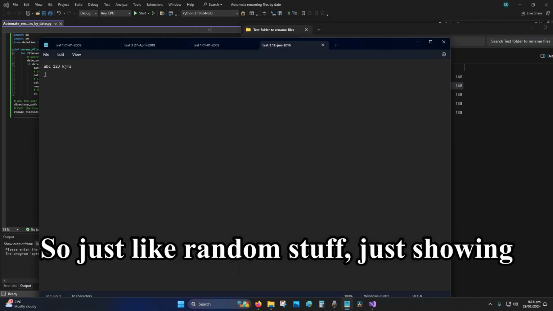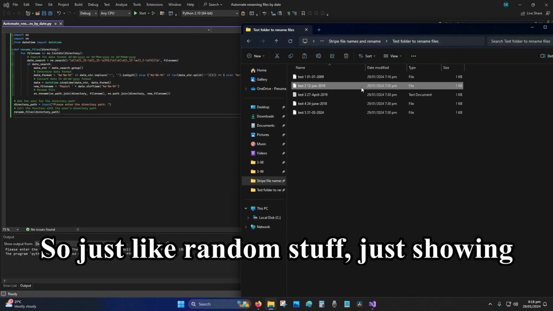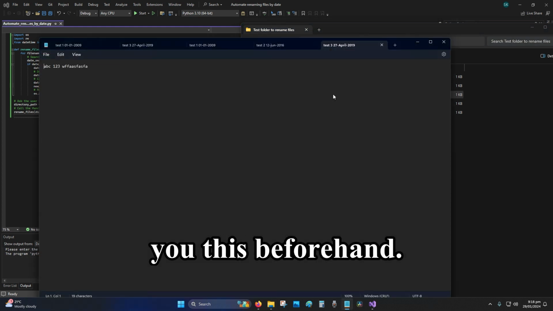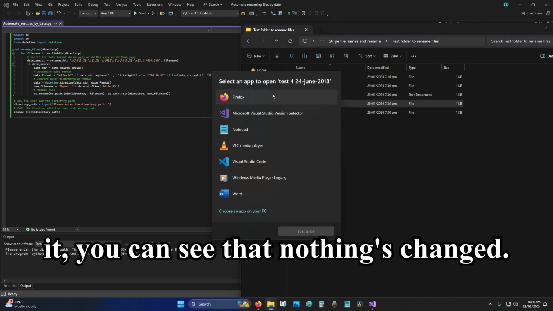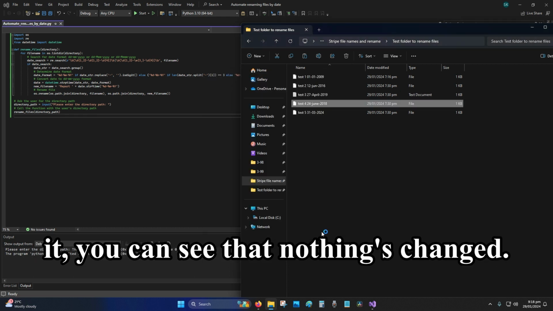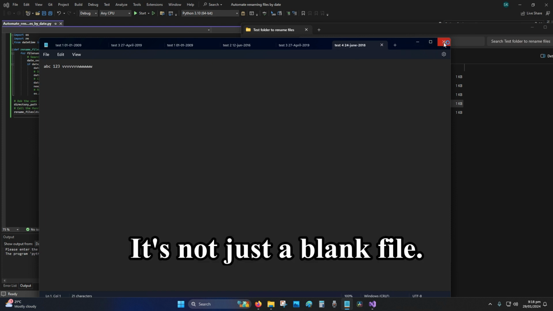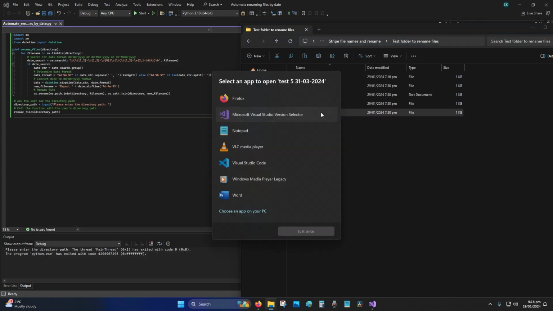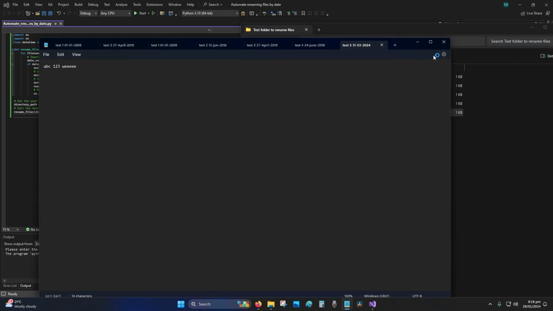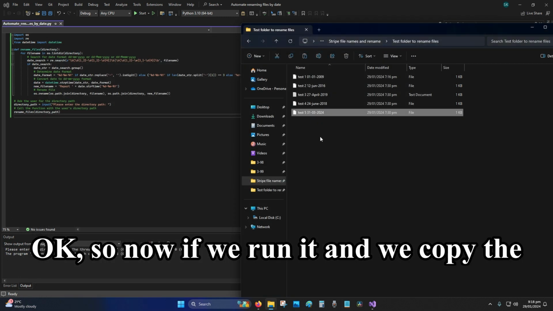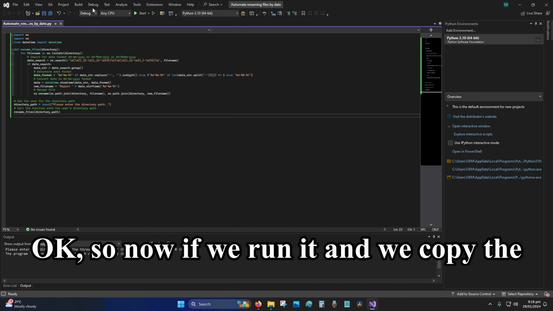So just like random stuff, just showing you this beforehand, so when it actually runs and it renames it, you can see that nothing's changed. It's not just a blank file. Alright, so there we go. Okay, so now if we run it